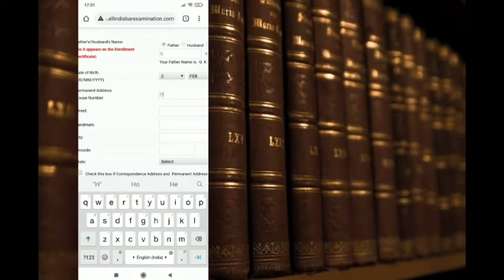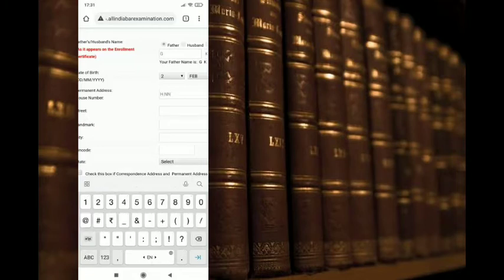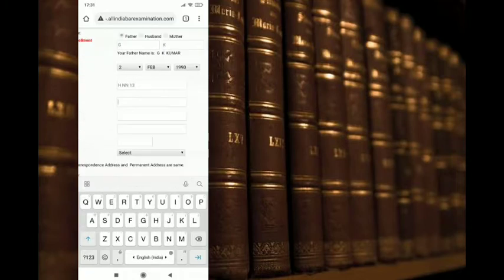I'll mention house number, it is coming as wrong. HN 13, Delhi.